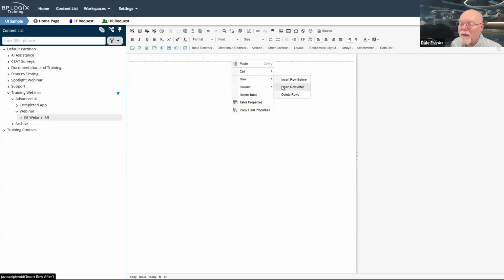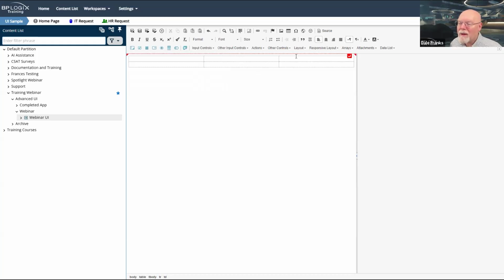Well, I am flummoxed here because it is not allowing me. It is not selecting columns, and I don't know why. Okay, this is getting irksome, and I'm getting tired of that.